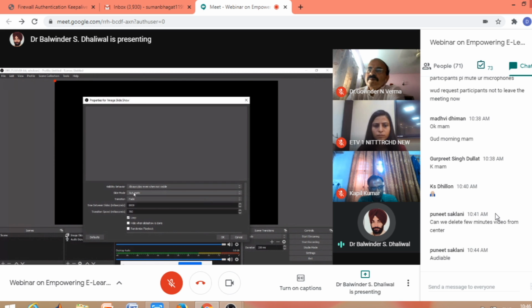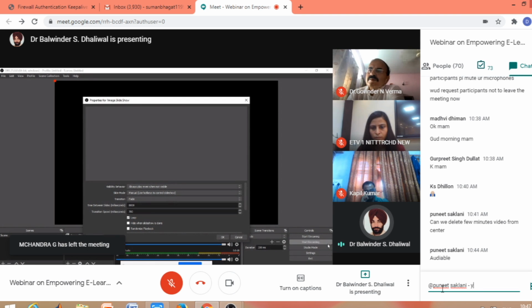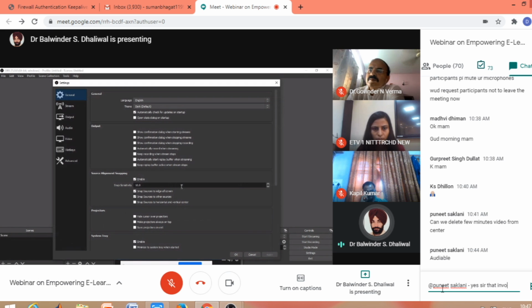If we convert this to manual, then we can use hotkeys to control the slideshow. So for going to the next slide or going to the previous slide, we can use hotkeys. For assigning those hotkeys, we need to go to this setting. Under setting, we have this option of hotkeys.